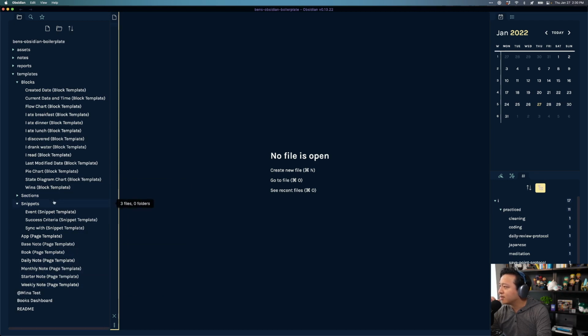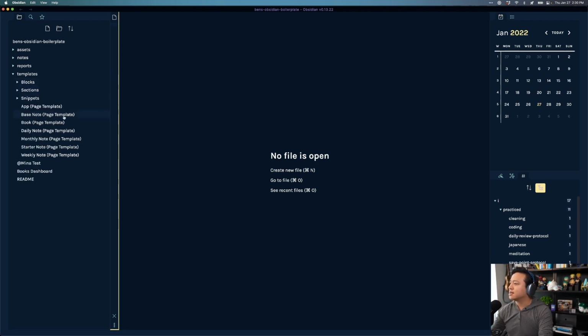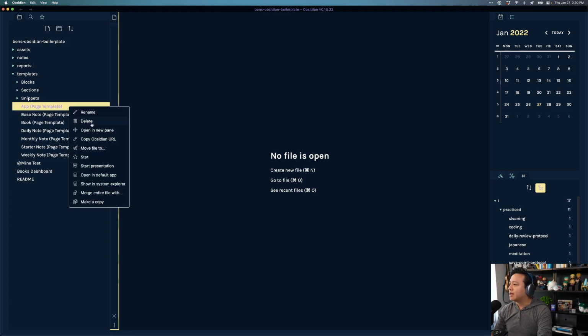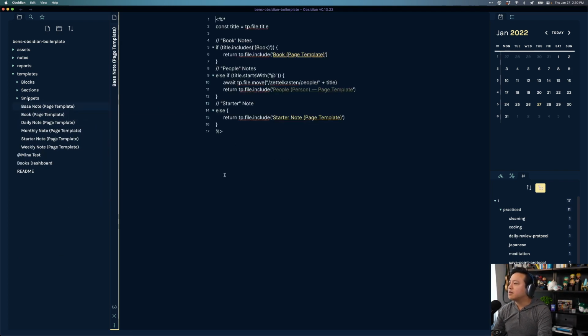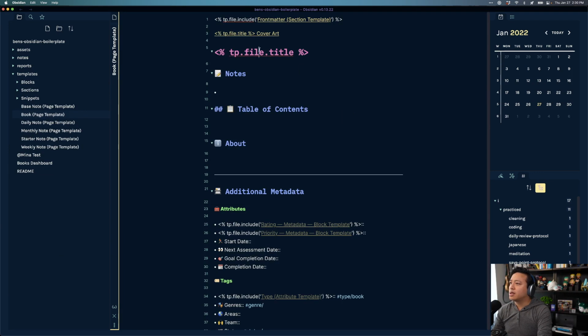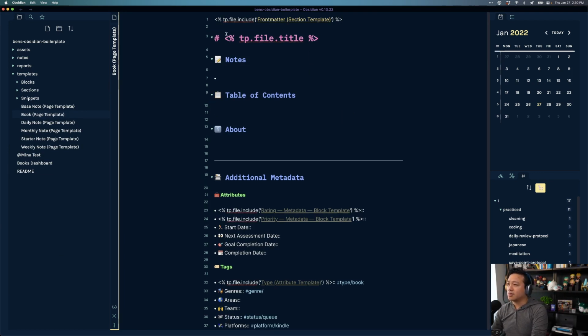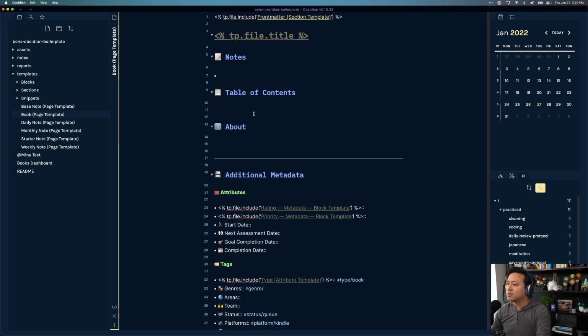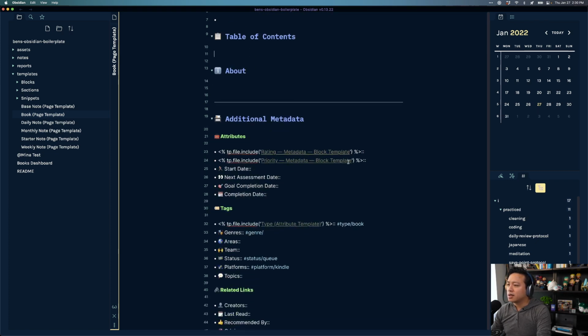Okay, I think we've made a pretty succinct list now. Oh wait, we don't need app. Okay, base note is clean. The book here, we can go ahead actually, and we can leave this. And then once again, let's wrap this in a link so it automatically updates. Front matter is good. Notes, table of contents, sure. And then